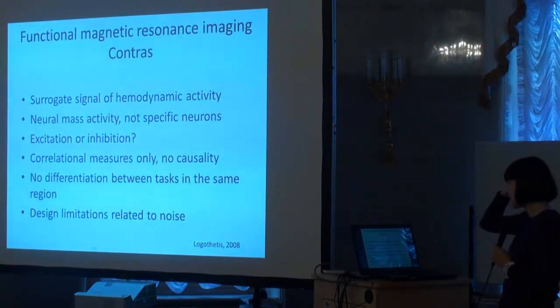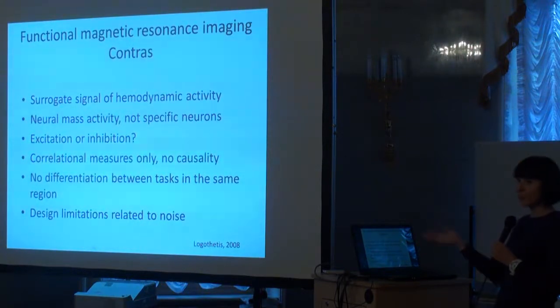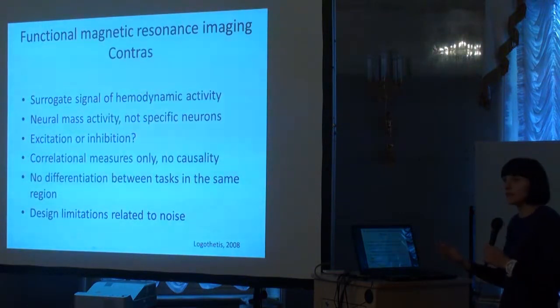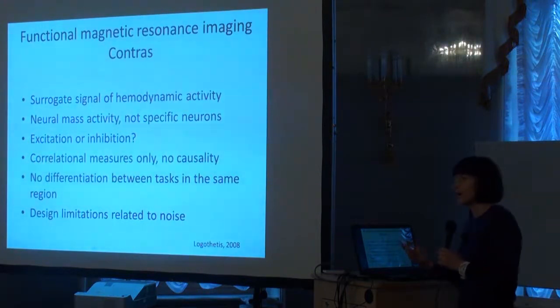Hemodynamic response is not the work of neurons itself. So the fMRI signal is a surrogate of hemodynamic activity. There is an additional step and assumption we should make when we interpret fMRI data. You should always remember that this is not the work of neurons. This is the reaction of blood vessels and the increase in blood flow. Of course, it is a very related process, but actually